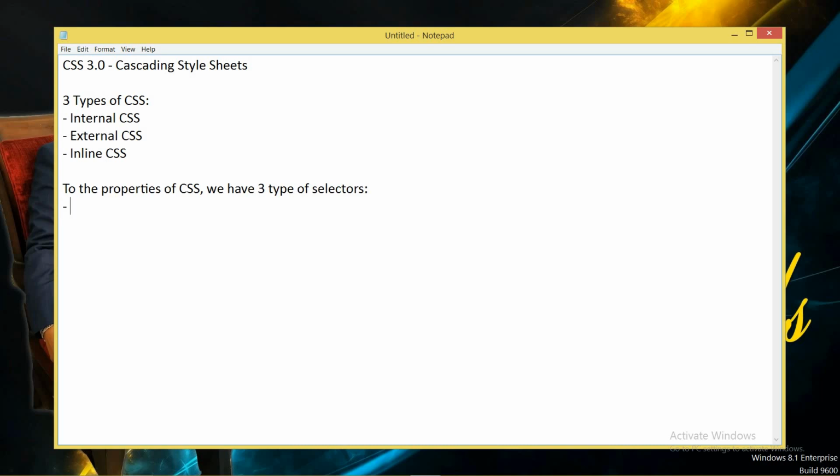One is the tag selector, second is the class selector, and the third is the ID selector. These 3 types of selectors we will use while implementing the properties of CSS: tag selector, class selector and ID selector.